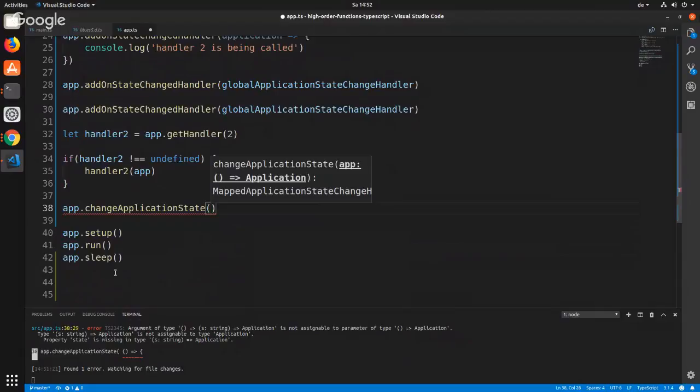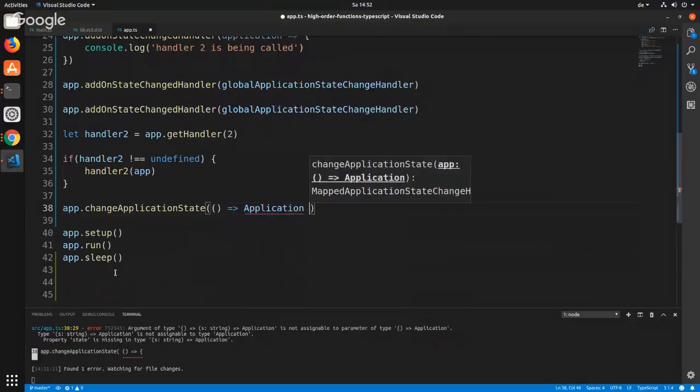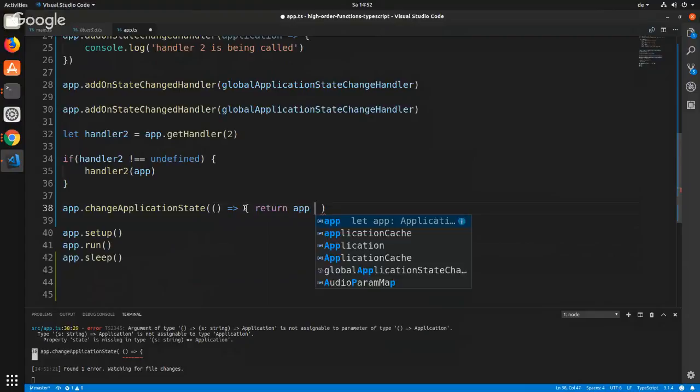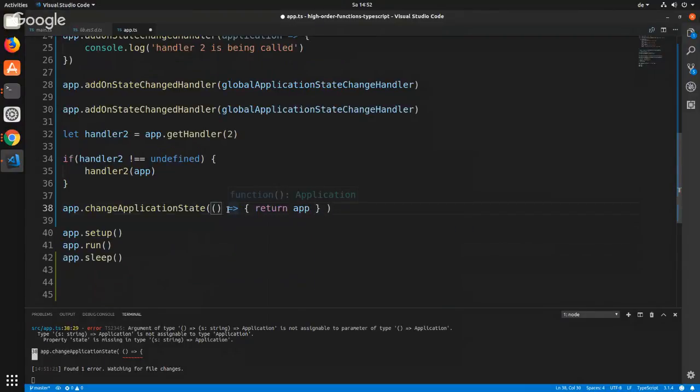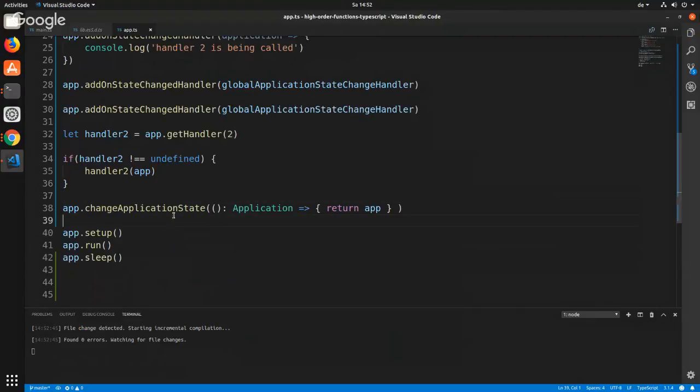All right, so this first parameter doesn't have any arguments, but it gives back an application. Right? That's what the first one does. So we need to return application, and this then needs to be application. That's all fine. Okay, so now we're changing the state of the application,